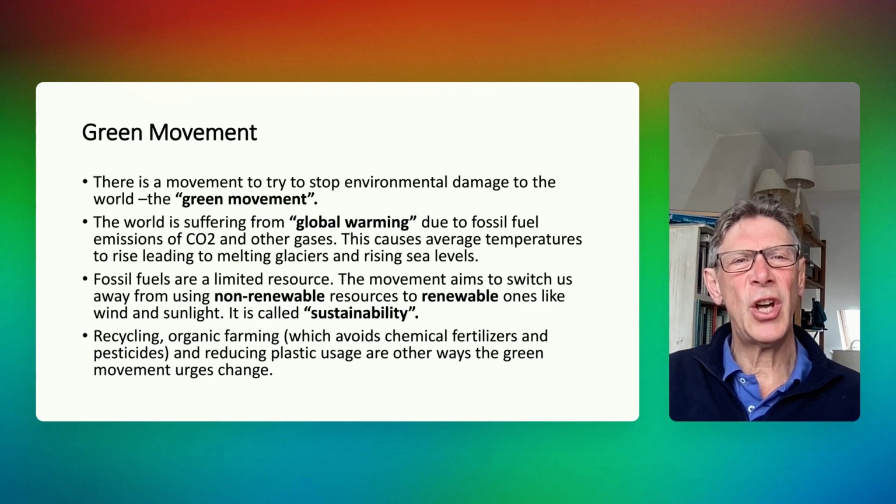And as the sun shines through the CO2 and other gases, it has the effect of warming the climate because there's too much carbon dioxide in our climate. As a result of this, average temperatures in the world are rising, and this is leading to melting glaciers, rising sea levels.